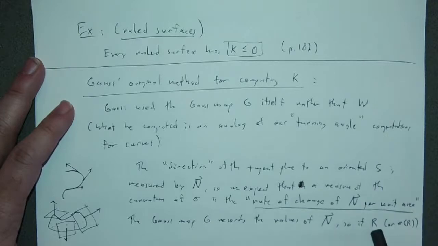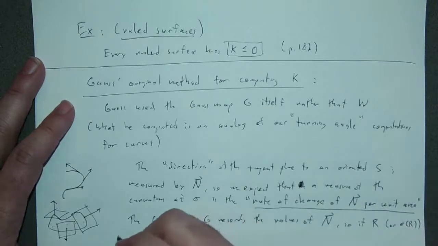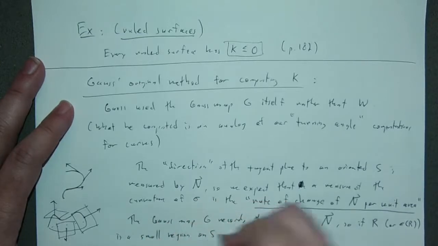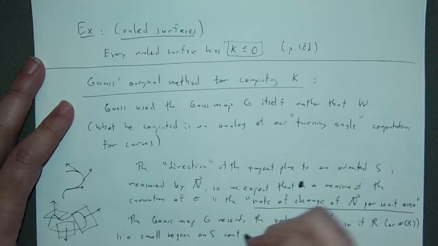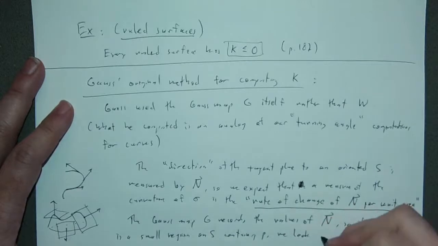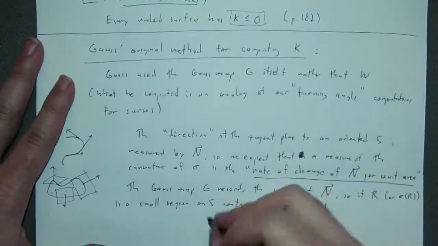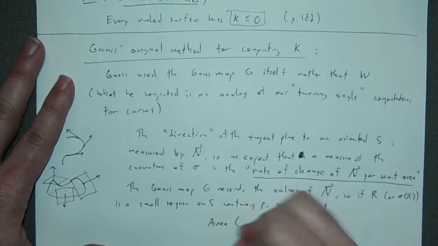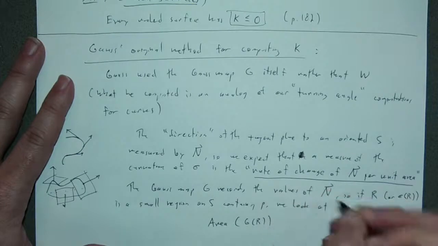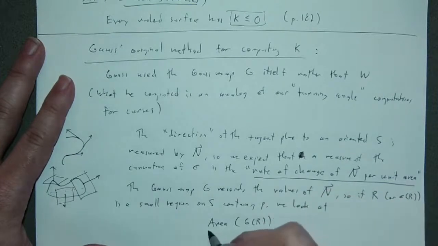So if R is a small region on S containing, say, P, we look at this quantity, the area of the Gauss map of R over